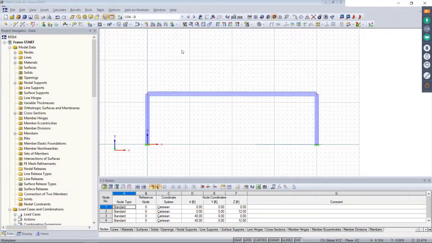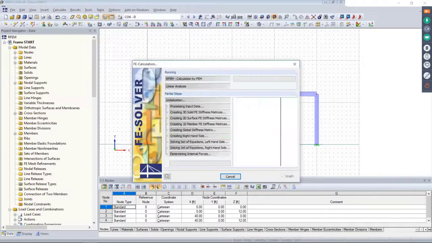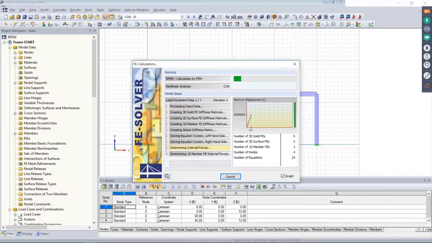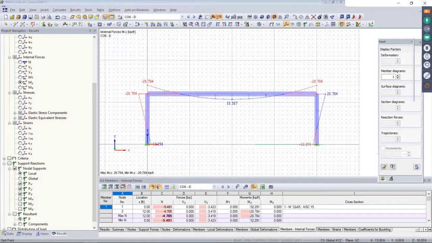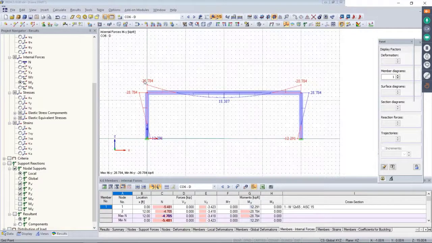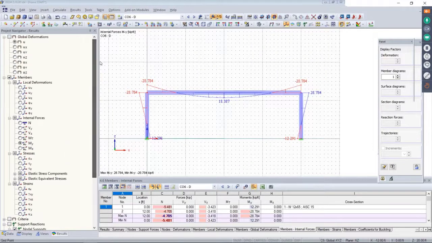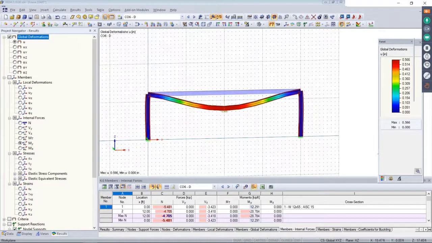So now we're ready to run our analysis within RFEM. What I can do is just go to Calculate, Calculate All. You can see it solves fairly quickly here. We're running through our load cases and load combinations. Load combinations are automatically set to a nonlinear analysis considering both big P-delta and little p-delta. So once we're done with our analysis, you'll see our Results tab is available within our Project Navigator as well. We can take a look at